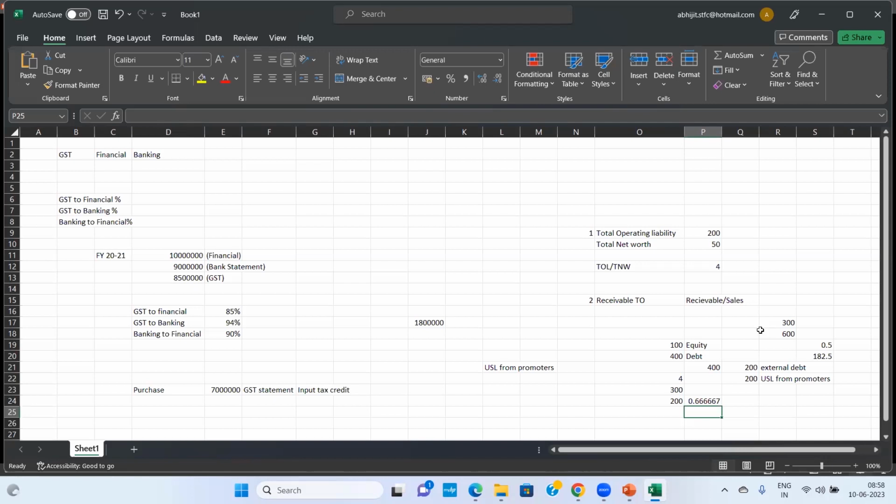Yes, ICICI once upon a time came up with a product called short-term personal loan, 30,000, 40,000 given to even rickshaw pullers. But that was not available to everyone. That was available to only few people who had the